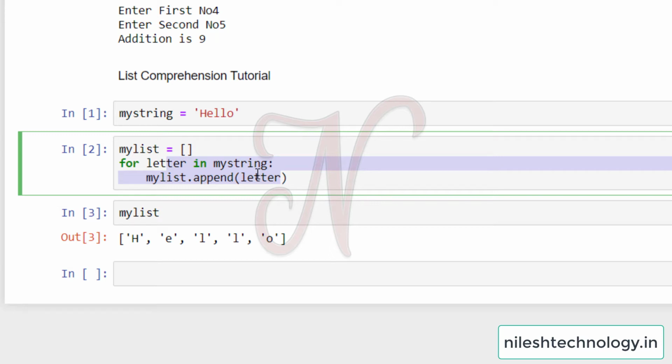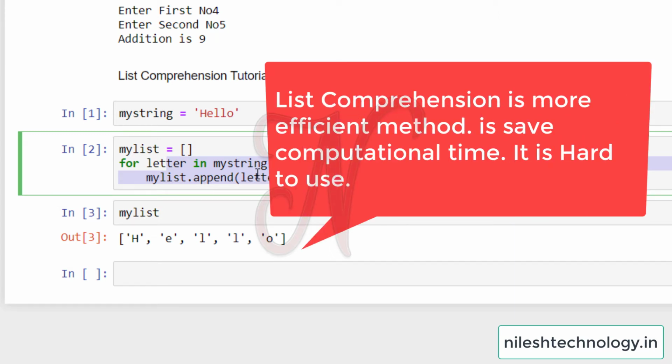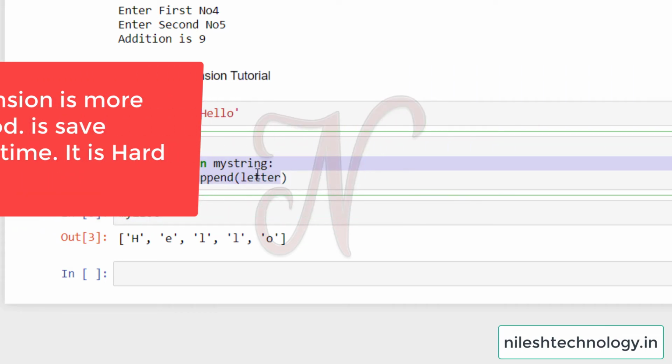Okay, so there is actually a more efficient way to do this in Python, and by efficient I really mean taking up less space in code, not so much the actual computations. It's saving computational time. If you find this method too confusing, then you can always go back to the for loop.